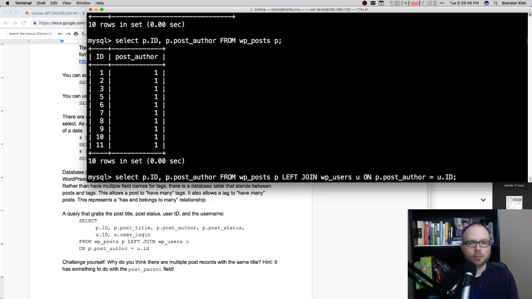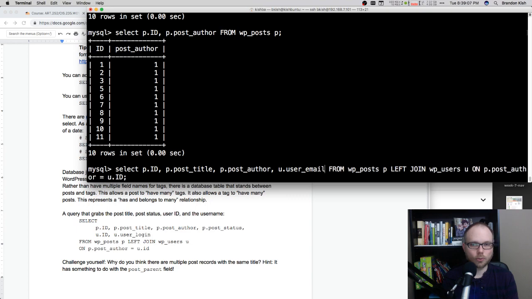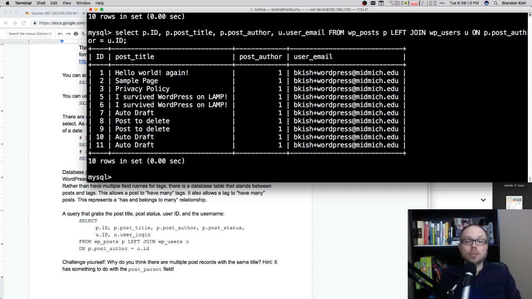Now, how will I know if this works? Well, I need to adjust my select list here. I want the ID, the post author. You know what? I will actually put p.postTitle back in here. And after p.postAuthor, I'm going to put a comma, and then I'm going to grab something from that users table. And I think we had user_email. So let's run the query. I might have a typo. That's totally fine. Oh, it looks like I got it, though.